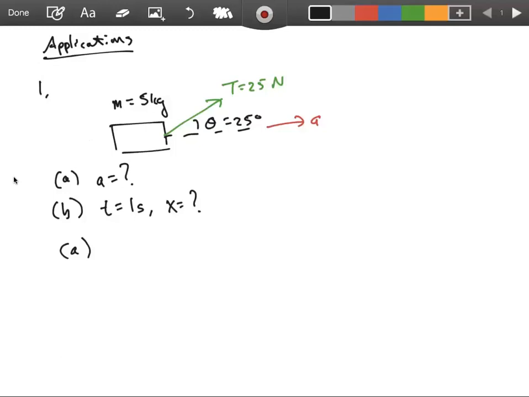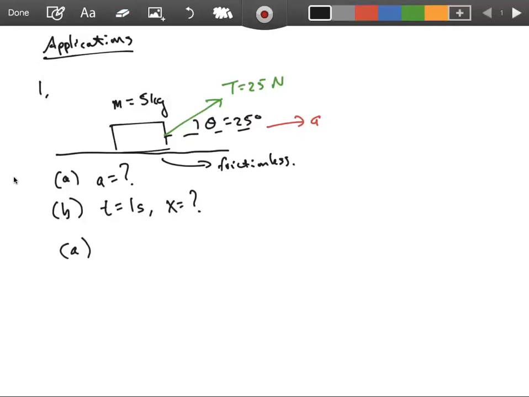The first one: I have a mass M which has a tension pulling on it, where that tension has a magnitude of 25 newtons, being pulled at an angle of 25 degrees relative to the horizontal. What we're going to assume in this case is that the upward vertical component of the tension isn't enough to cause it to accelerate off whatever surface this thing is on. So let's say there's the surface down here, and for now, let's say this is frictionless,